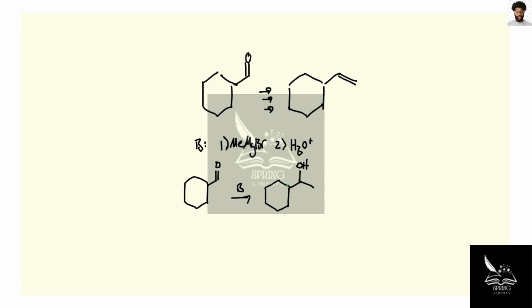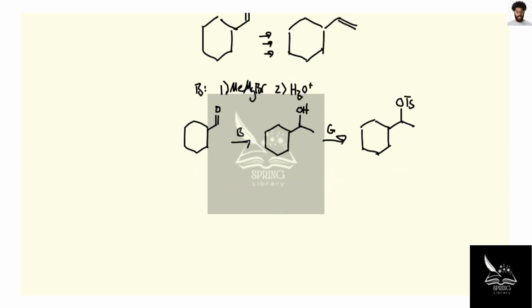Notice that we have access to tosyl chloride. That will turn our hydroxide into a good leaving group. Tosyl chloride is G, right? Now we have a tosylate. And among our reagents also is a strong bulky base, right? Because if we have a good leaving group and a strong bulky base, that will make elimination happen,